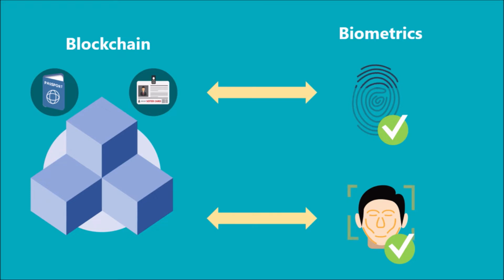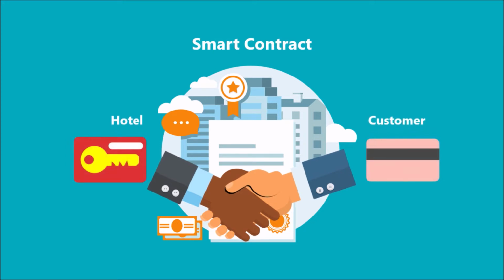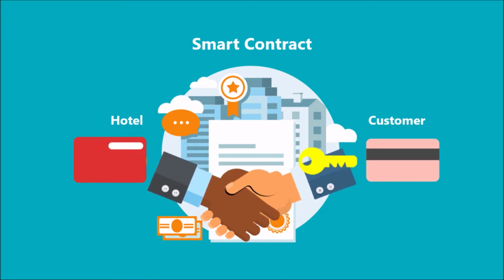This will eliminate the need to carry proof documents and will thus also eliminate the chance of losing these precious documents. A smart contract can be generated between the hotel and the customer. Once the customer books a room of a hotel that meets his needs, the smart contract will get executed and money will be deducted from the customer's digital account, and a digital key of the room will be provided to the